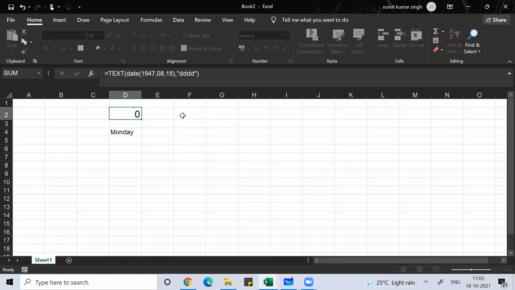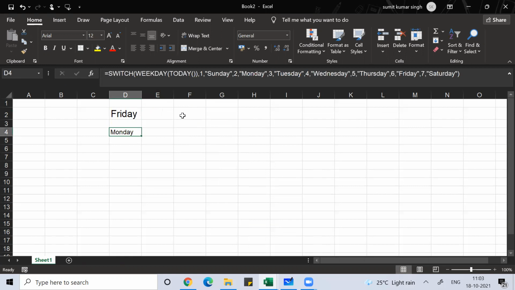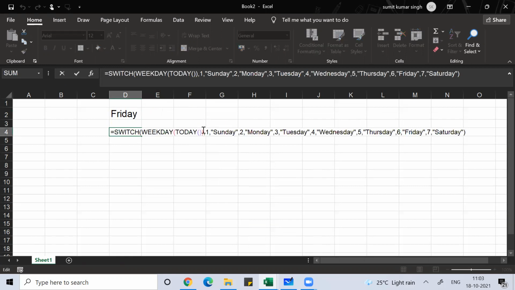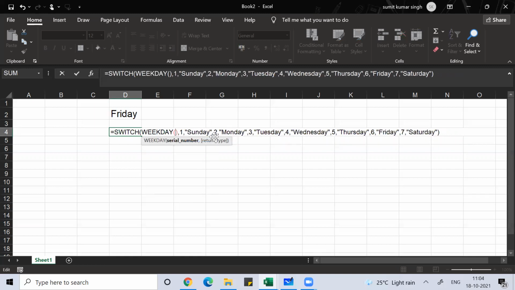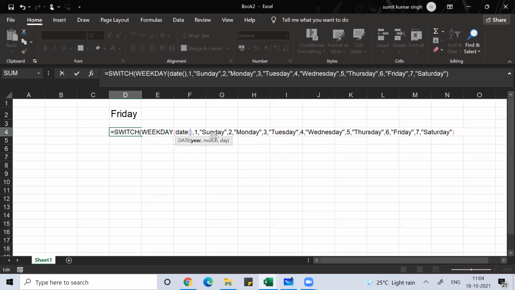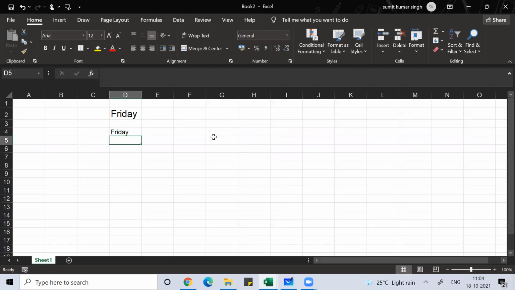Close bracket, enter. Clear? Same thing you can do here. Under WEEKDAY, DATE, year 1947, month 08, date 15. Enter.